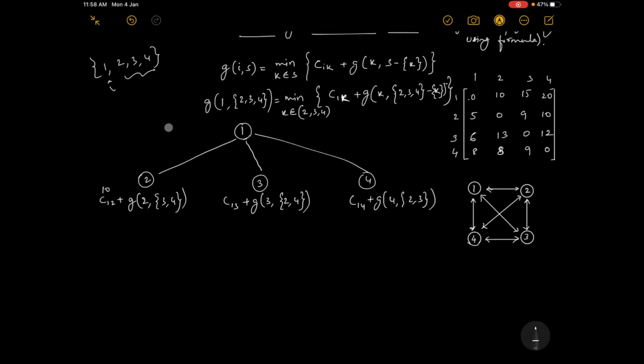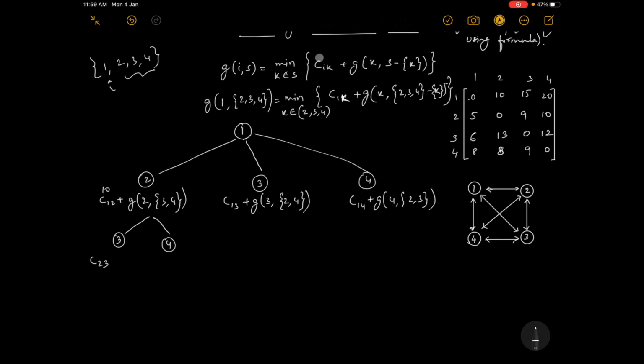Either from location 2 you can go to position 3 or you can go to position 4. Yes or no? Correct. From 2, you can choose either this path or this path. We'll see what cost is incurred on each path. Now this becomes C23 because I is 2 and K is 3. Again this formula. What is this? G of 2 comma 3 comma 4.